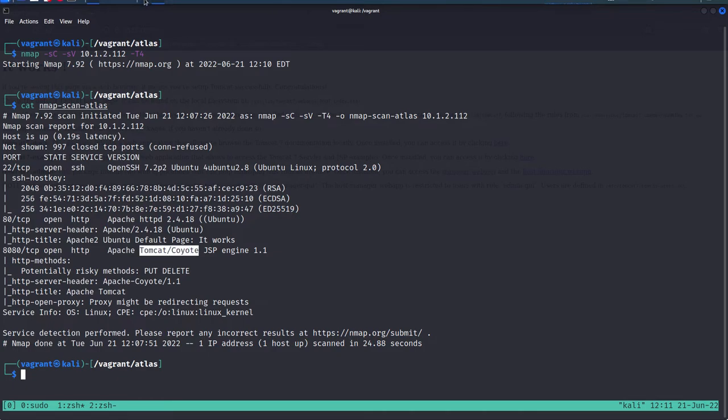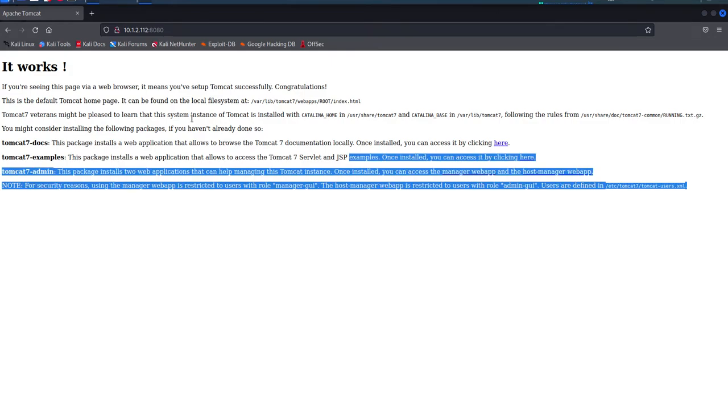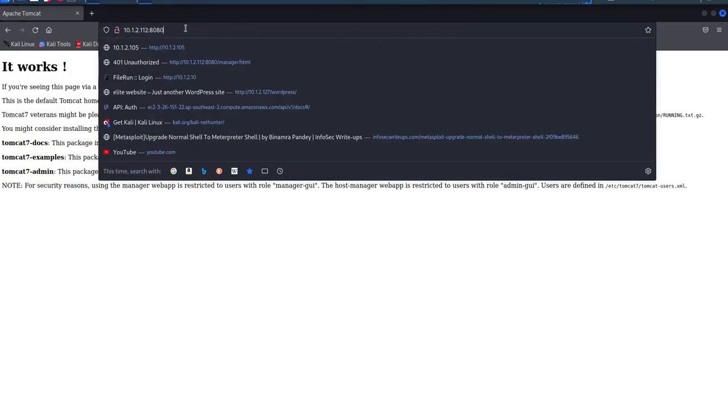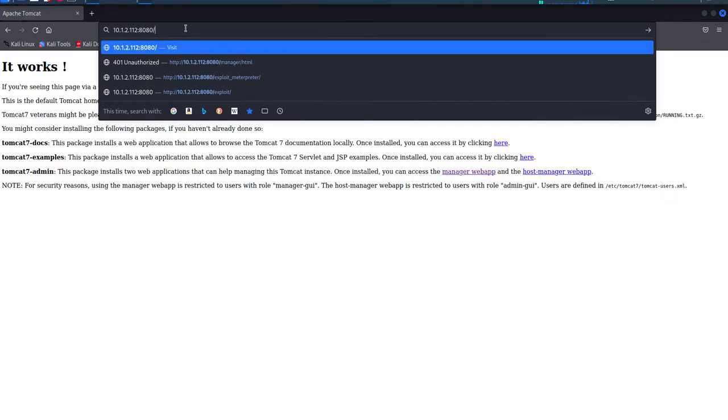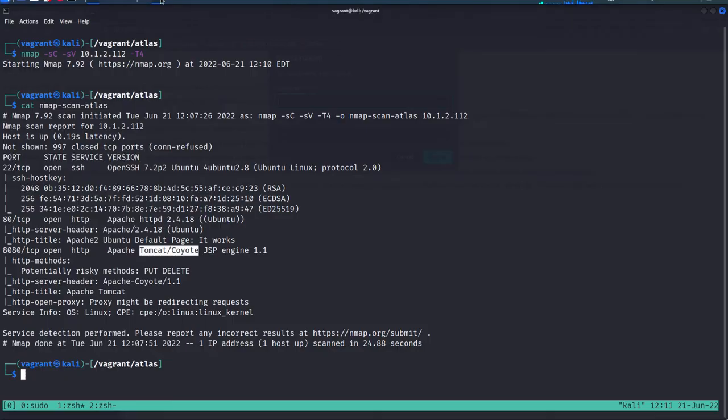Now when we open it in Firefox, basically this is just the default Tomcat page. Now Tomcat is known to have a manager login page where it asks you for, obviously, a username and password. What we did is